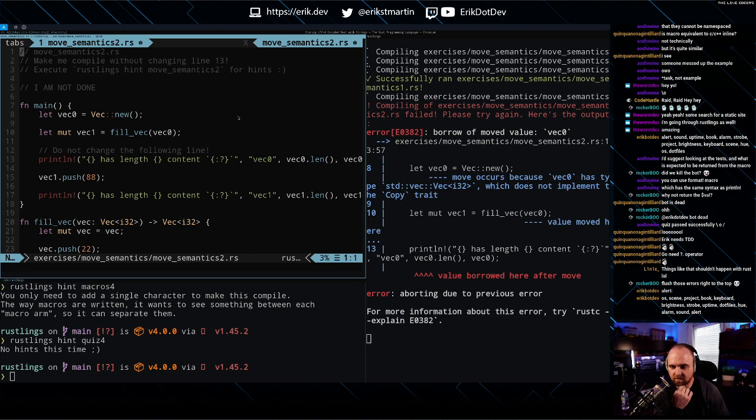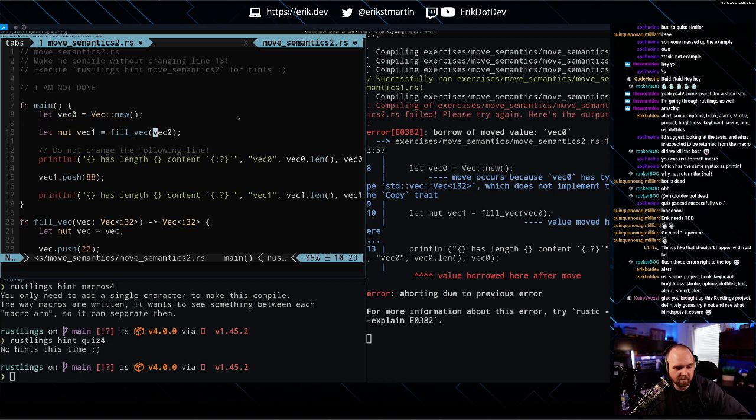Let's see. Borrow of moved value vec0. Move occurs because vec0 does not implement the Copy trait. So let's go look at this. Line 10 here. Okay, so we're creating this vector, and then it gets moved into here. So we want to let it borrow it.